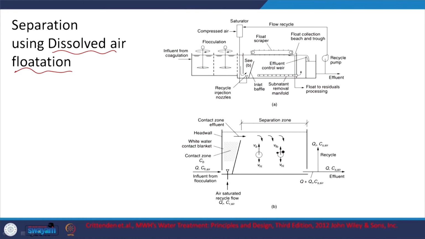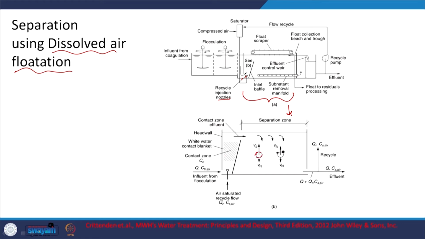So obviously here we want to look at the cases when we have particles of relatively less density, and rather than settling them down, we are going to pump in air initially, such that these particles, which are of relatively less density, algae, some organic matter and such, will rise up. Here you can call that scum. So that's what you have here, flocculant or flocculation. And then here from the saturator you see that you have the recycle or injection nozzles for the air, and we will see this in this particular zone. So here you have the contact zone, and here you have the effluent zone.